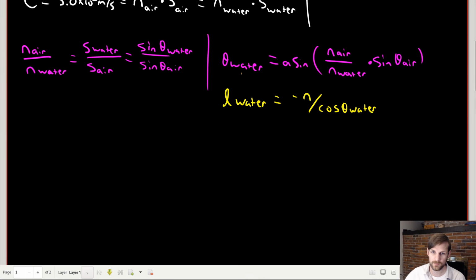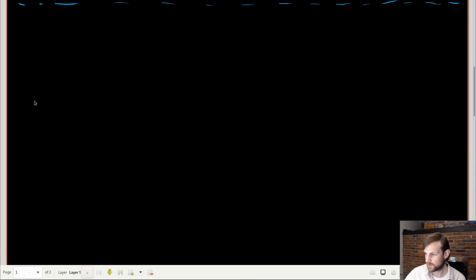In principle, we can plug theta water in here, and it would work just fine. However, in general, we tend to avoid using trigonometric functions in code simply because they're slow. So what we typically want to do is instead use vector notation whenever possible, kind of like what we did before. This is where a lot of the math comes in, so I'm going to draw a little dotted line here. To get started, we can say that the index of refraction of water times the light direction of water